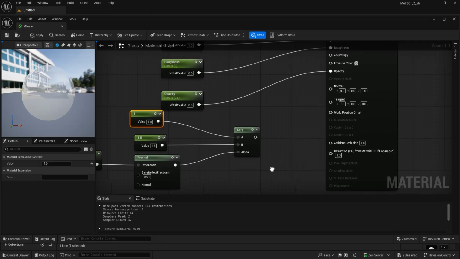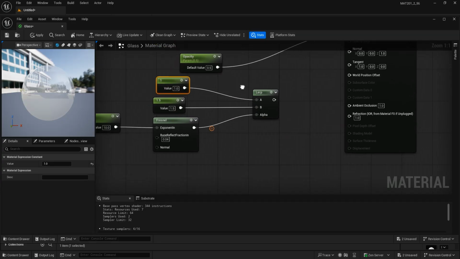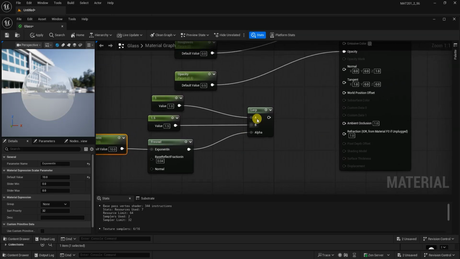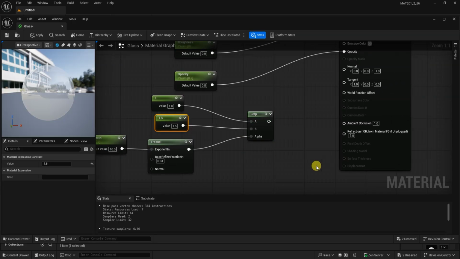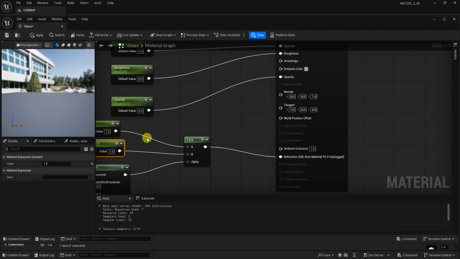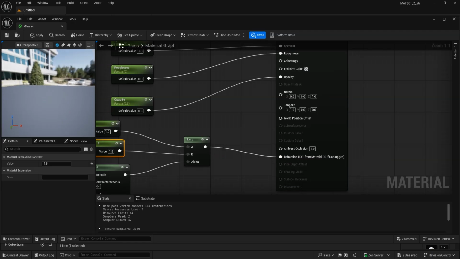Okay, and once you have connected everything and done the calculation, then connect it to the refraction input, right? So now here you can see,